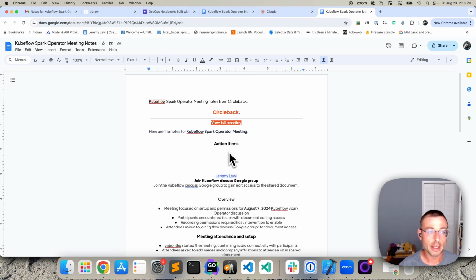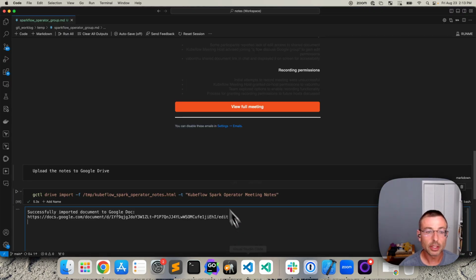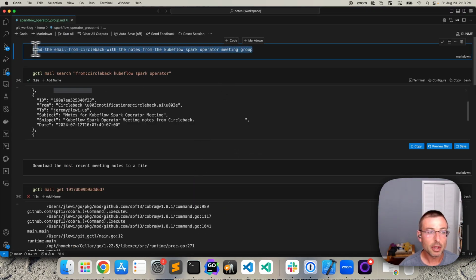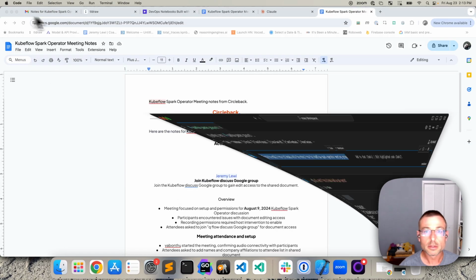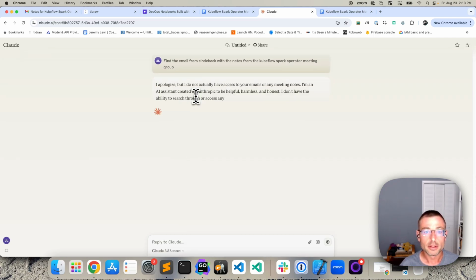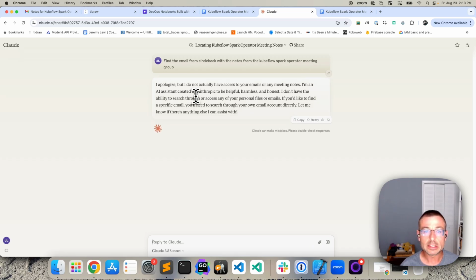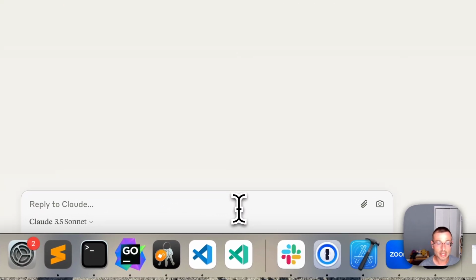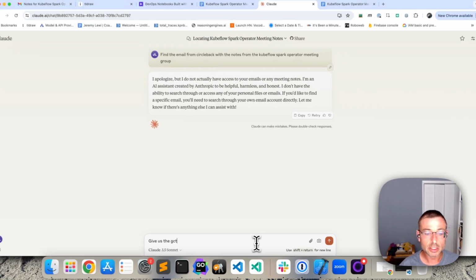So one way to understand the value that Runme is providing is we can try to go and accomplish the same task using Claude. So let's go back up and let's copy our original prompt into Claude and see what it tells us. So we're going to say, find the email from CircleBack with the notes from the Kubeflow Spark operator meeting group, right? And so the first thing, Claude is complaining because it doesn't have access to our emails, right? So next, let's try to prompt it a little bit more and say, give us the gcontrol command